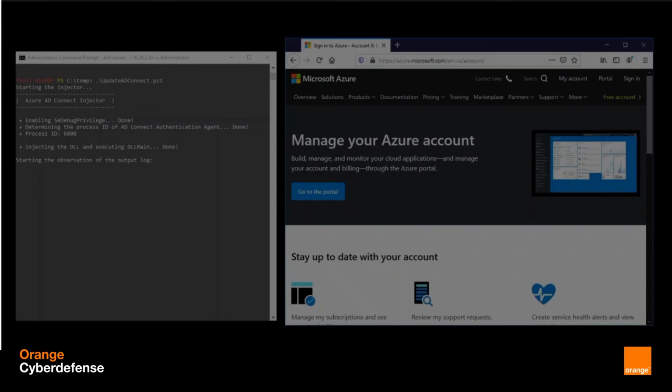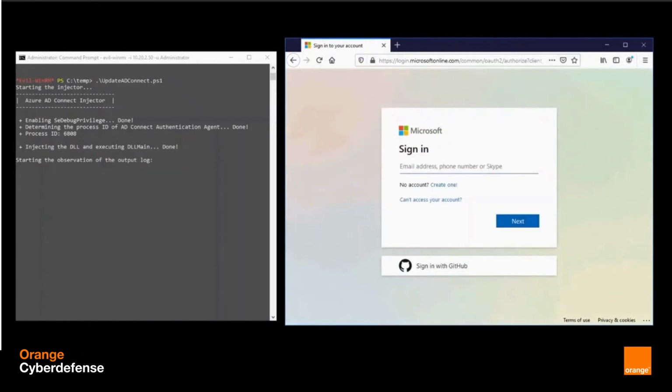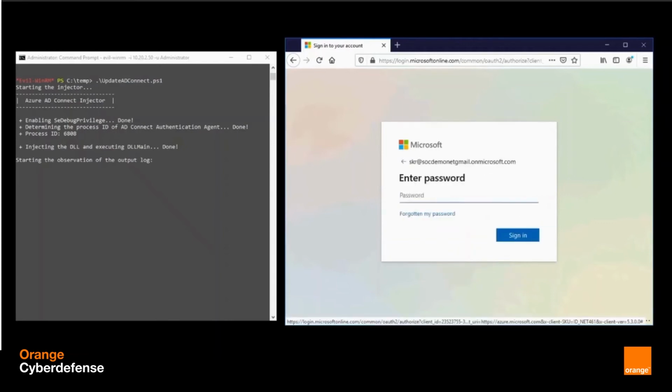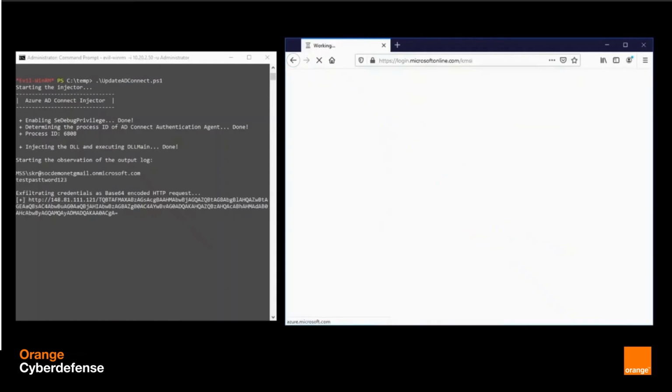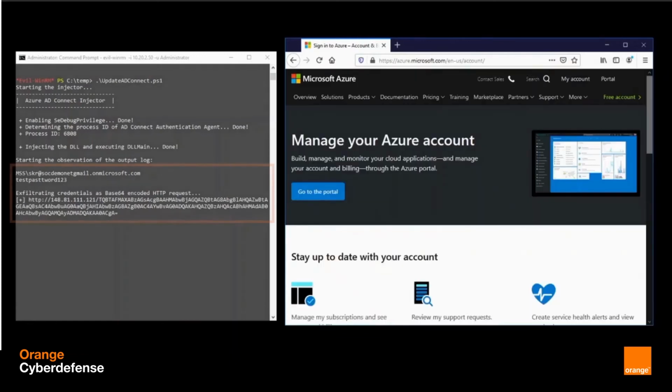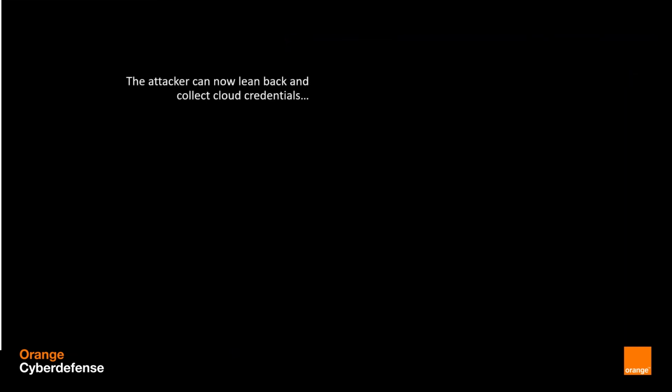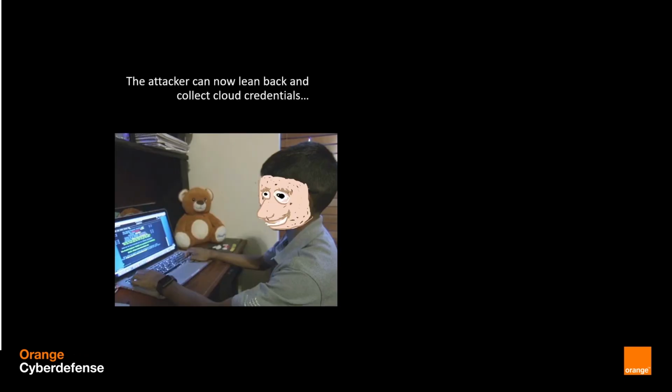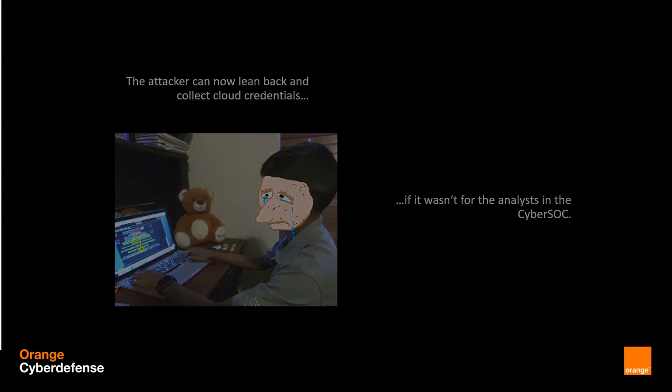Now we will demonstrate the interception and the exfiltration of the credentials provided to the Microsoft Web Login Console. I'm sure everyone watching has used this before. So after entering the username and password in this case, the request will be sent to the compromised domain controller, take a detour to the attacker's shell on the left, and is finally exfiltrated to the external server as an HTTP request. At this point, the attacker's process is in place and running, and we can lean back, if it wasn't for the analyst in our CyberSOC, of course.